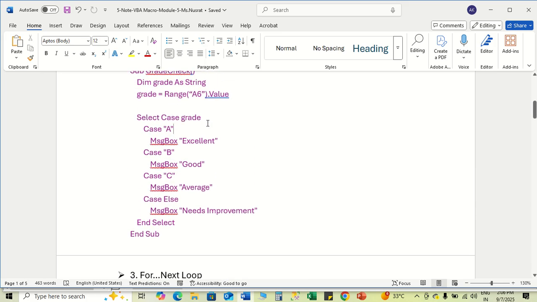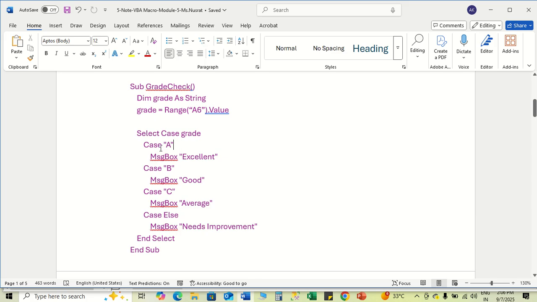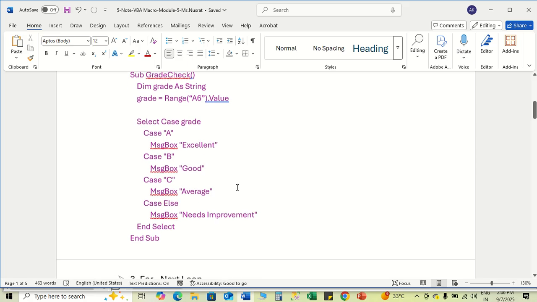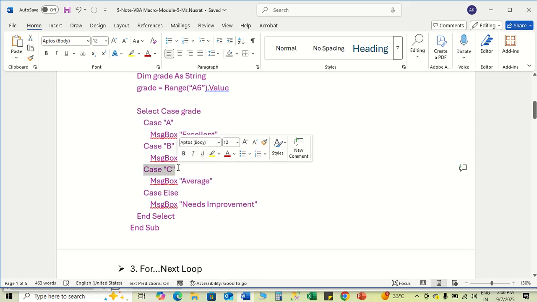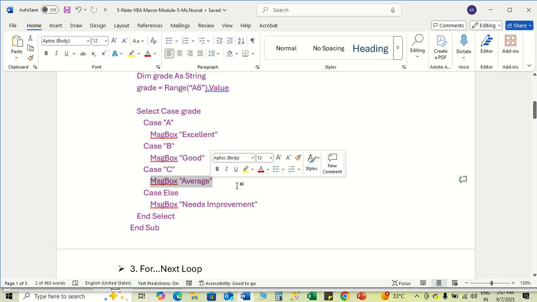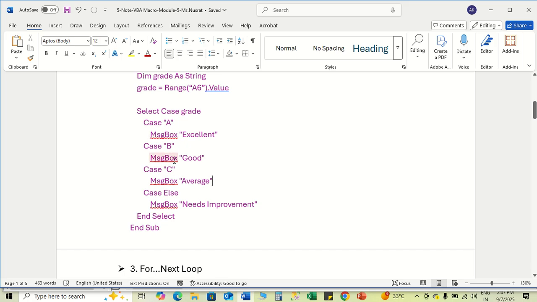Select Case grade. So Case, this is the first case, that is A. Whenever this case comes, the message box will show Excellent. After that, Case 2, whenever somebody gets B, the message box will show Good. Case 3, that is C, if somebody gets grade C, the message box will show Average. Other than A, B and C, whatever value we put, Case 4, the message box will show Need